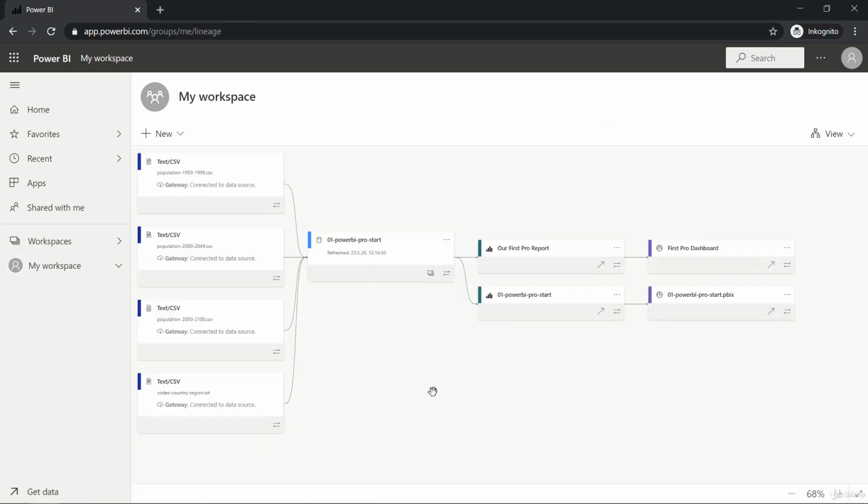You see that this shows us the structure of our project in the end. You see in the middle here, we have our data set. Here we have our initial data sources, so the population files and the codes, country, region, text file we used. Based on that, we created our data set. Based on this data set, we created our Power BI Pro starting project and the corresponding dashboard. And we also created our Pro report and the Pro dashboard based on the data set. This is a really great addition to Power BI Pro, I think, as it quickly allows you to show such